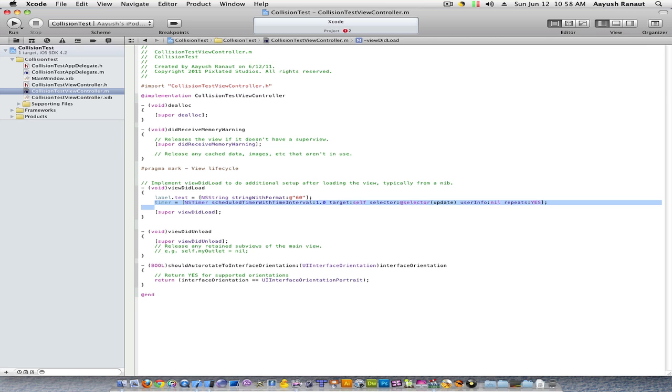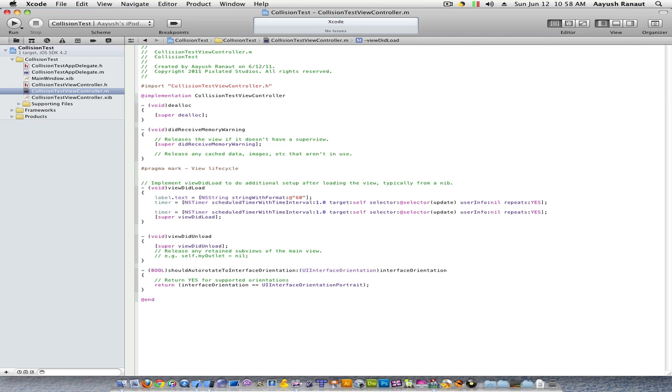I'll copy this over here and just change only the name. The time interval would be 1/30 and the selector would be collision. That's it for here, and we need to name a method called update,